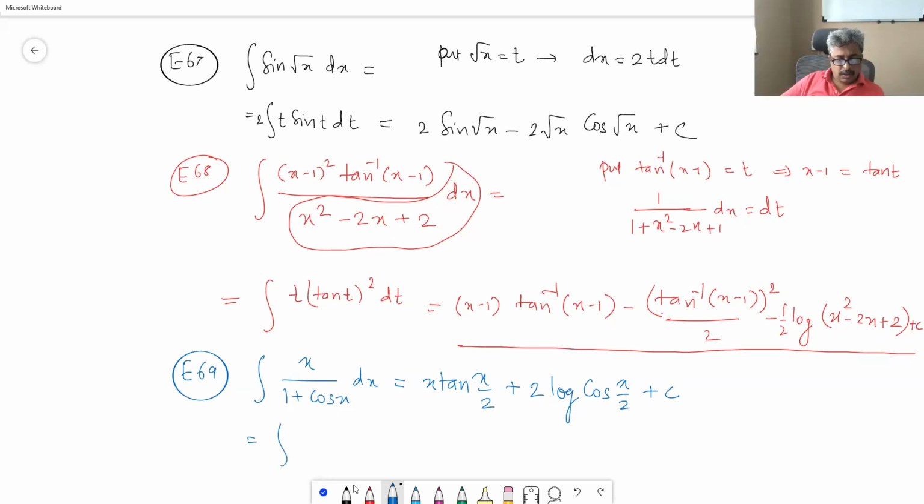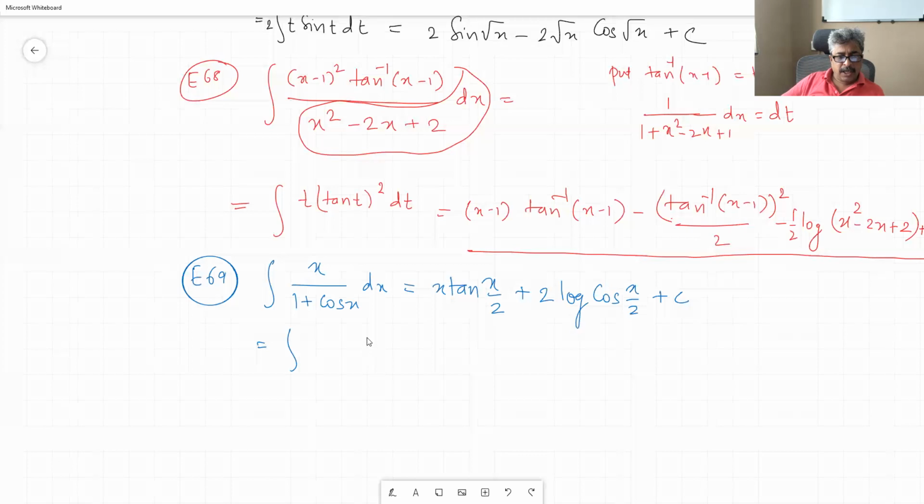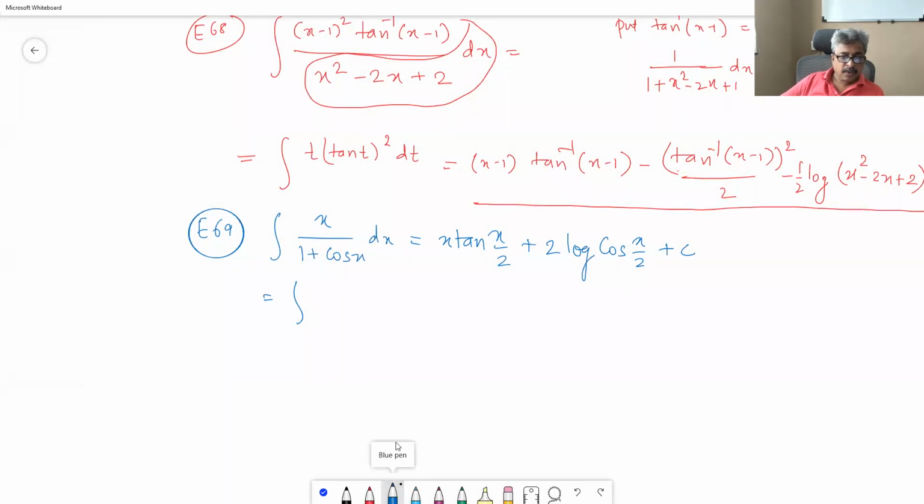Yes, that is what I am doing. 1 plus cos x is 2 cos square x by 2, dx is equal to